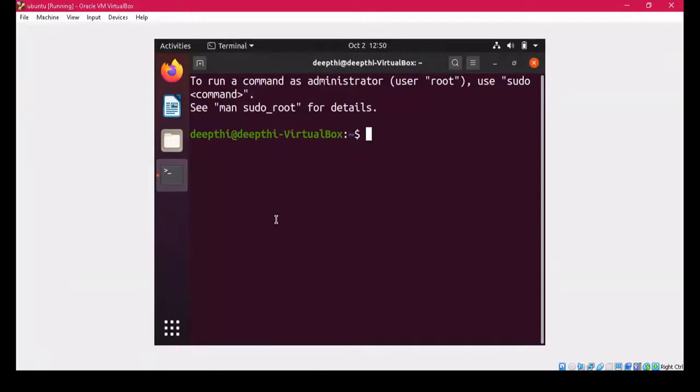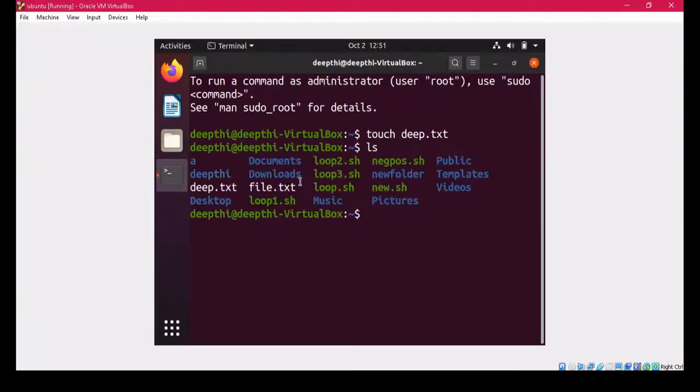Before that, first of all, we have to create a file. So let's create the file. A file can be created with the help of the command touch. I name the file d.txt. You have to give the extension txt because it is a text file. Now you can see ls. By this command, you can see the different files and directories available. So this d.txt file has been created in your current working directory.